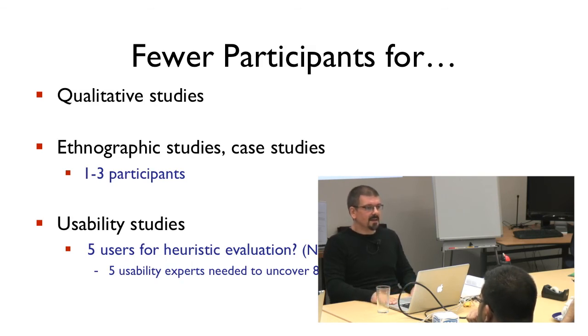And for usability studies, that's one point of misunderstanding quite often as well, because people just argue, oh well, I read Nielsen, and Nielsen is the guru for usability and especially web usability, and he has his own column, and he's a very well-known author, and he published this book and several articles as well, where he argues that you only need 5 users for your heuristic evaluation, and so you only need 5 experts to uncover 80% of usability problems, which is fair enough, yes, but a lot of people just misinterpret that as: I only need 5.